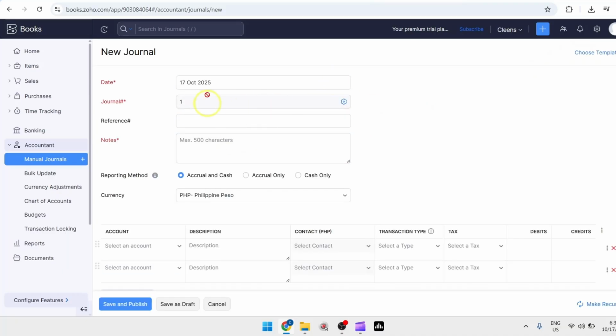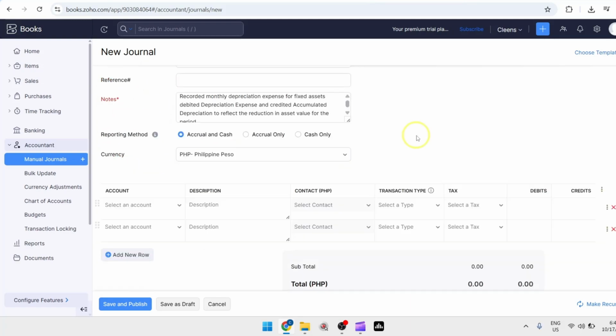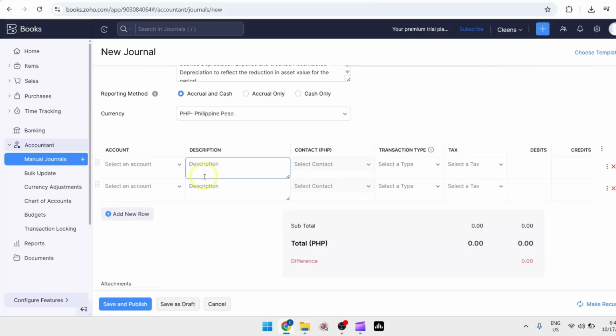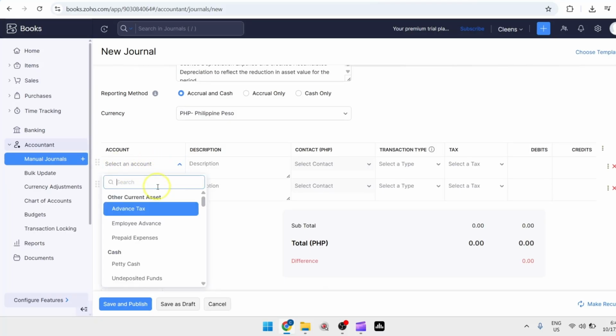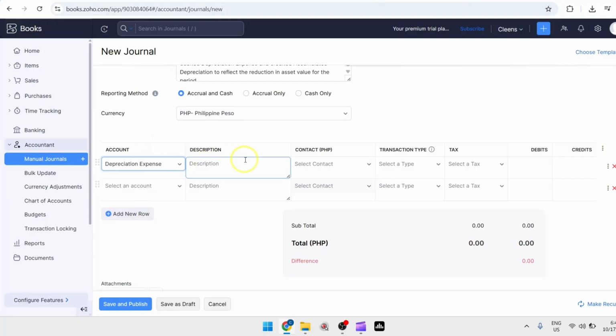Start by filling out other details in this journal, such as date, journal number, and notes, since these are required fields. Next is choose reporting method, currency, and in this section is where we're going to add and record depreciation. Start by selecting an account. So in here, in the first account, we're going to choose depreciation expense. So click on it. You can also add description, select contact and transaction type